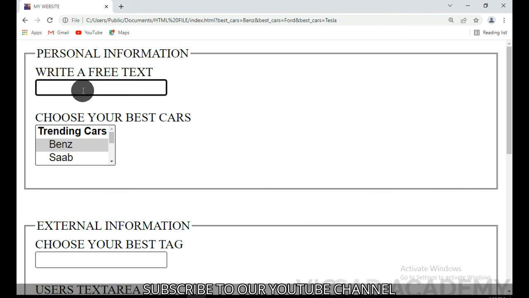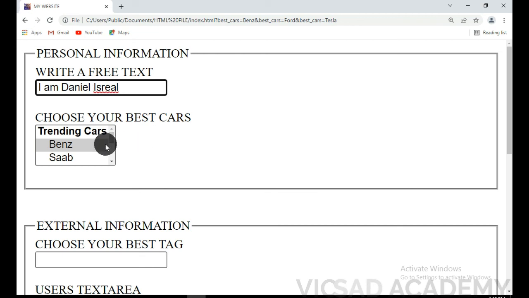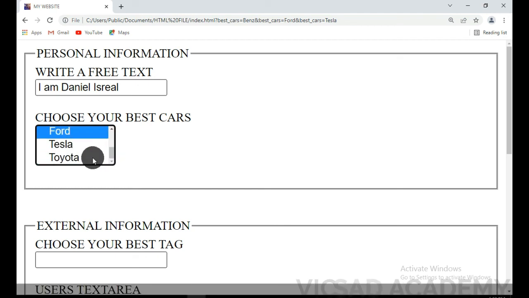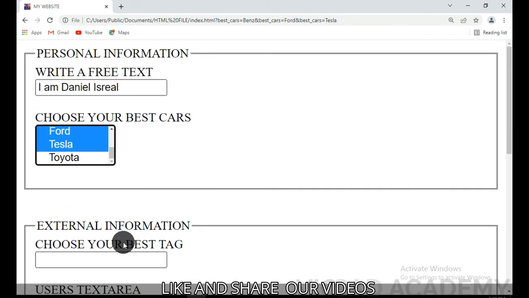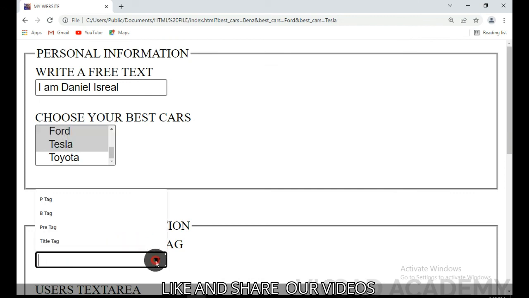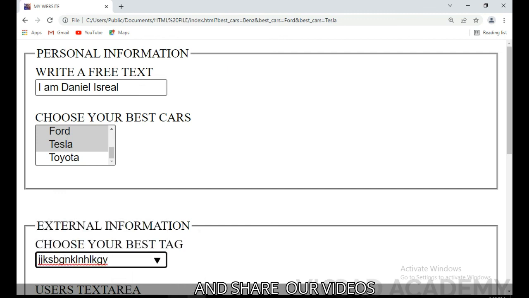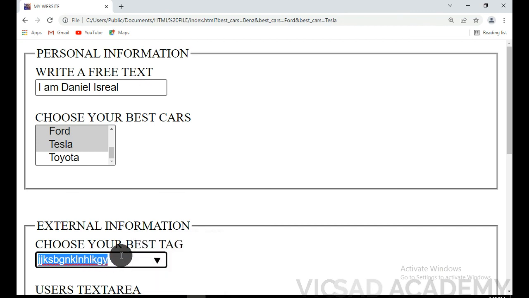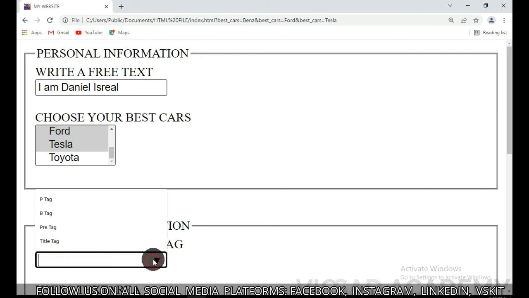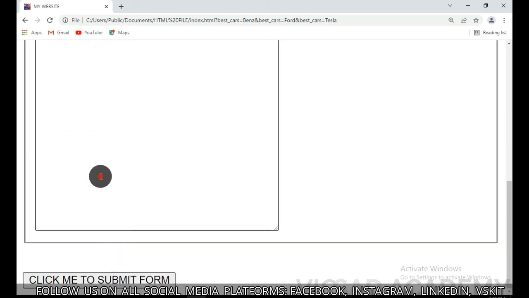So first of all, I am, let's put, so click on your control, choose Benz, Ford, Tesla. I'm gonna click on this, choose your best tag, and automatically highlight this for me, and I'm gonna choose P tag. But remember, you can decide to put your own stuff there if you don't like any of the options. So put P tag, and here we're gonna write